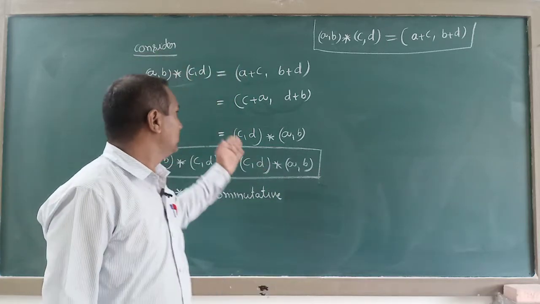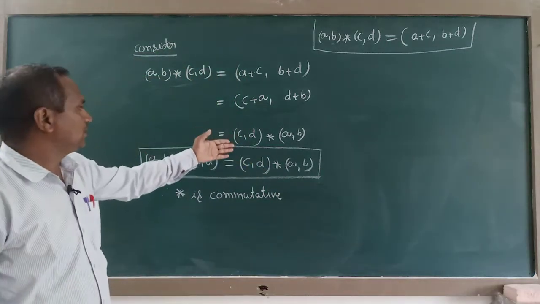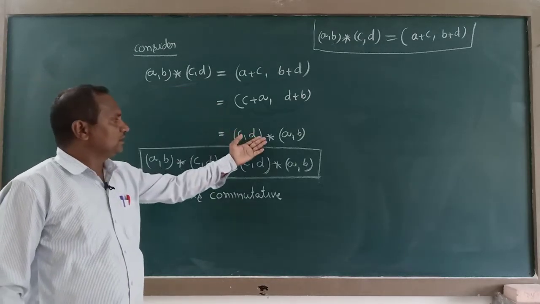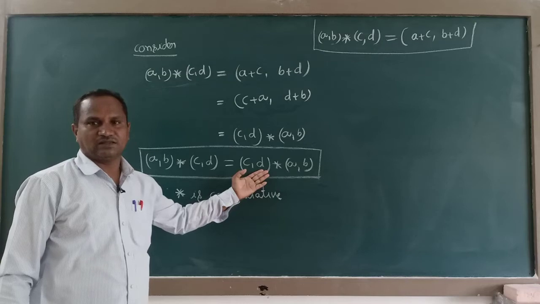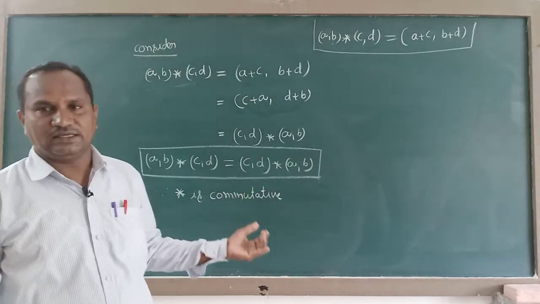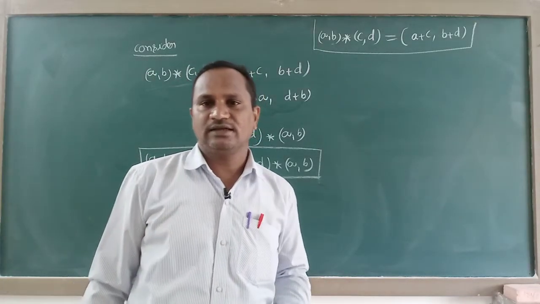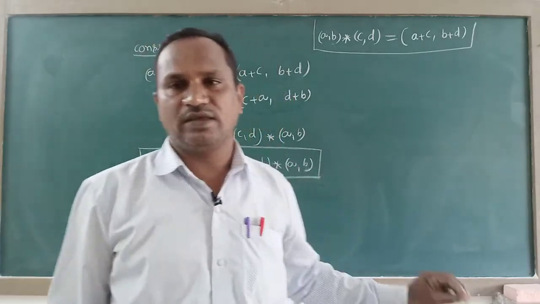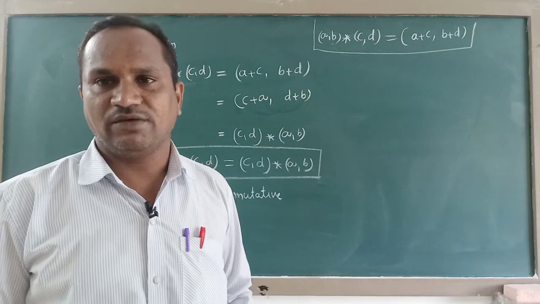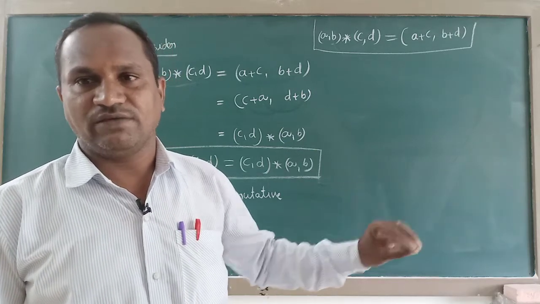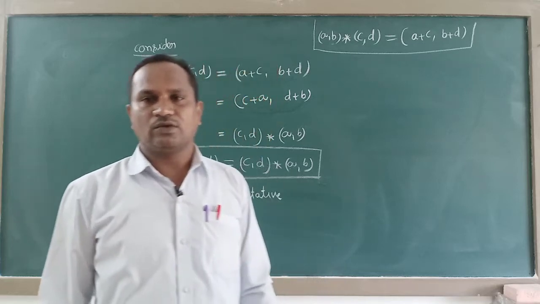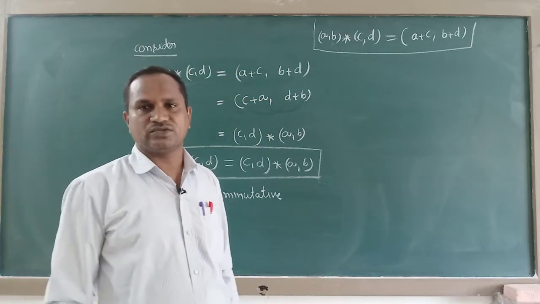Like that, we got LHS is equal to RHS. We considered LHS and finally we got the right hand side also the same. That's why we are getting equality of LHS and RHS. Therefore, finally we can tell star is always commutative for the given definition of the binary operation. Now we are going to give the answer for associative.